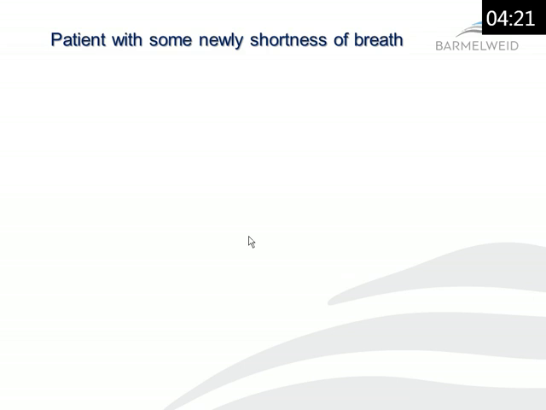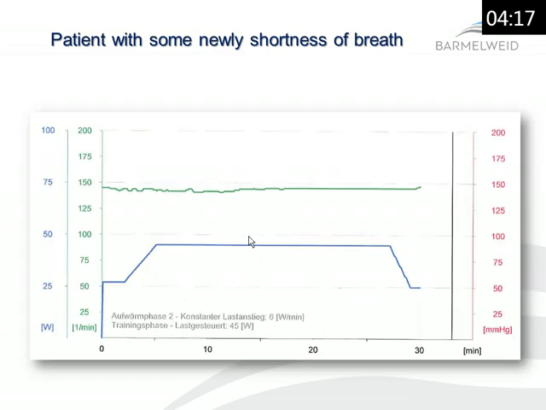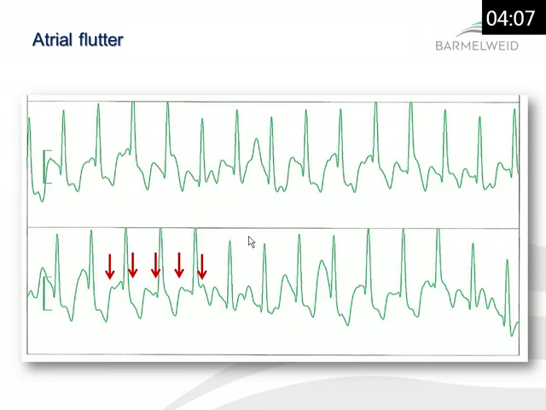This is not a patient with newly developed shortness of breath. If you look at his recording of the training here, you see his heart rate just a little bit lower than 150. And as you expect on the ECG, you see frequent P waves in the patient with an atrial flutter,